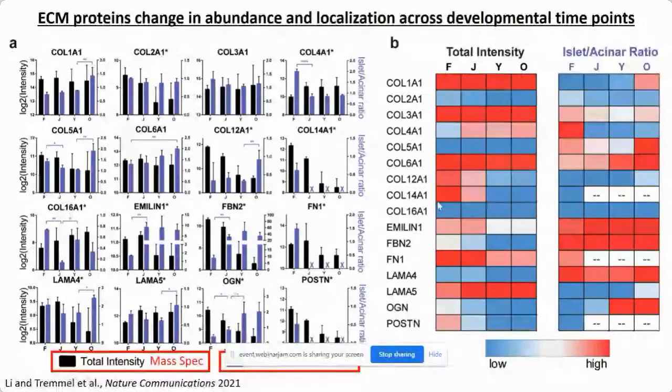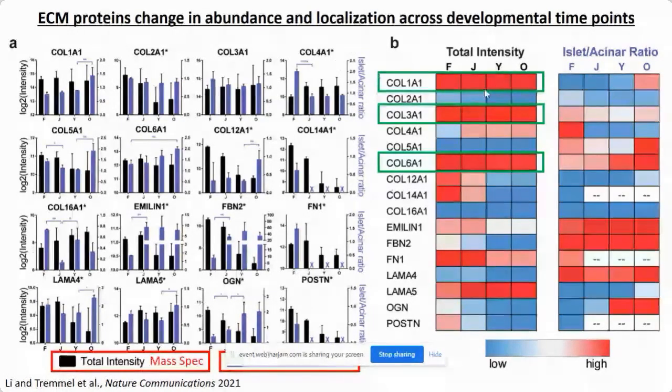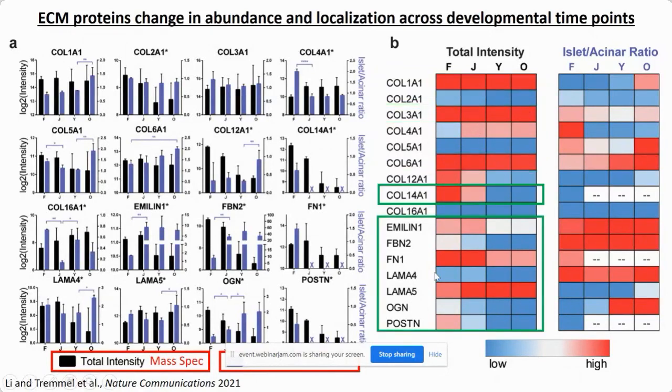And the heat maps on the right, I think, are a little bit of an easier way of visualizing this through the developmental changes. So, for example, certain collagens, collagen 1, 3, and 6, were highly abundant in the pancreas at all stages of development. This is really interesting, especially for some tissue engineering work with stem cells. These are the common ECM proteins that are most abundant at all of the points of development that we looked at. A lot of other ECM proteins had pretty significant changes at the different developmental time points that we studied,